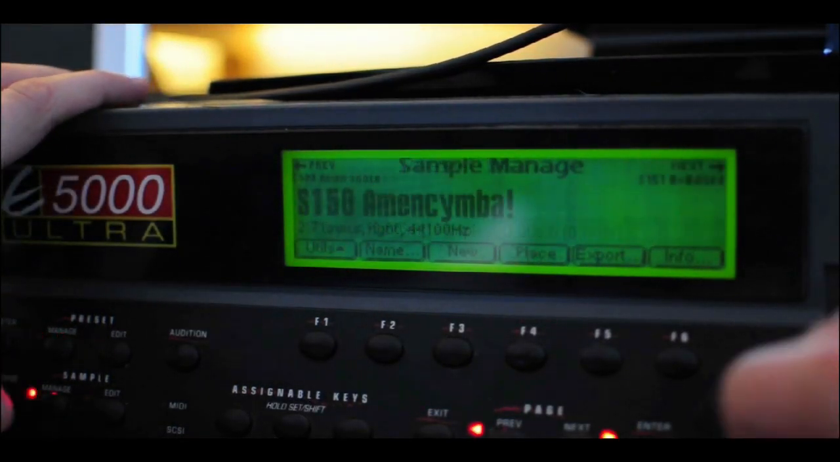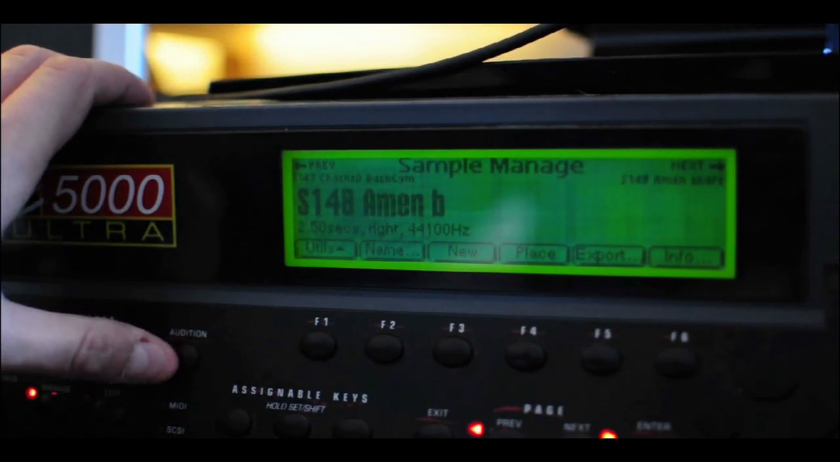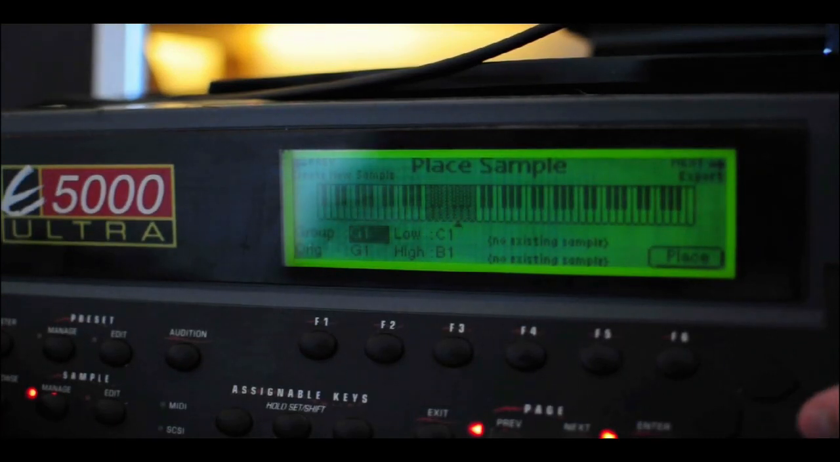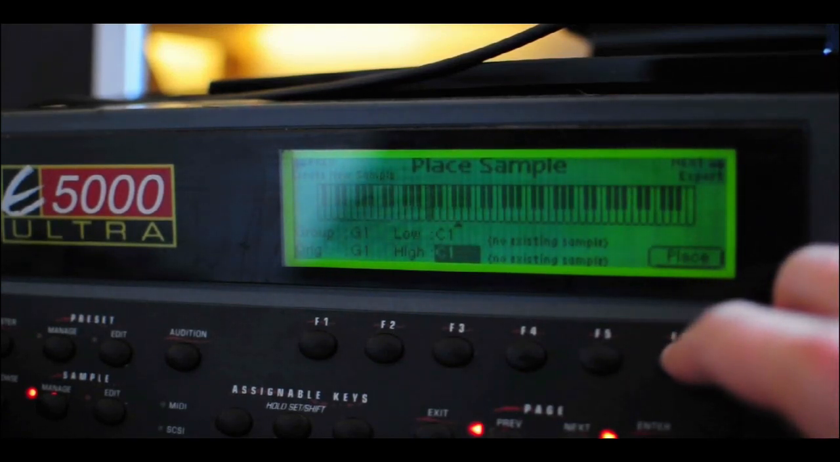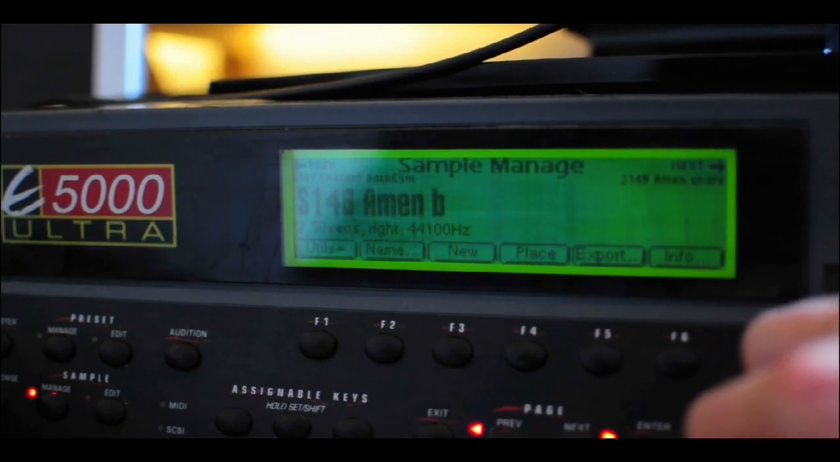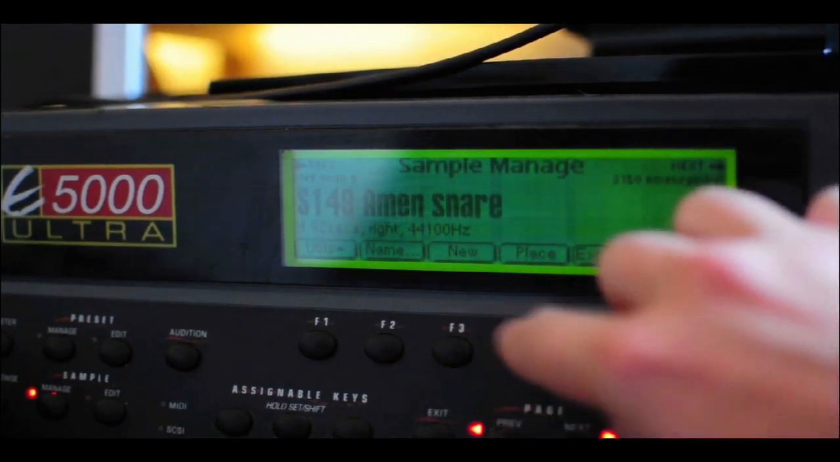Now I'm going to click on sample manage, go back to the Amen starting with the bass drum. I'm going to place it. I'm going to leave the group and original key where they are and just bring this high down. So essentially the bass drum starts on the C1 note. I'm going to place that, so it's got no range. Then move on to the snare, place that,